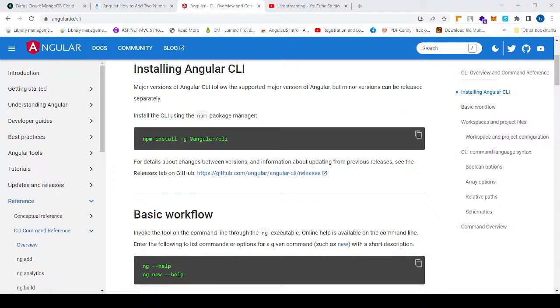Okay, in order to work with the Angular program, first you have to configure this package manager, right? Let's go to our documentation first, right? So you can see here, Angular, we have